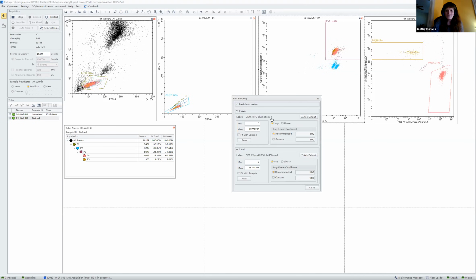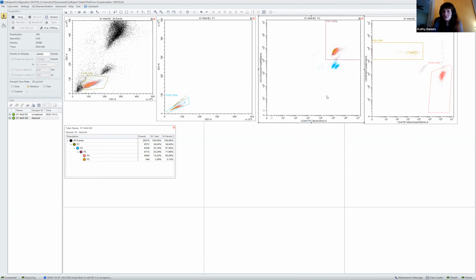Again, Chelsea or Anna, if you're there, the linear log display is just getting a little bit dicey for me. So if you want to play around with those for the CD3, CD45, and CD4, CD8, feel free. But sometimes that helps me visualize the data a little bit better on the CytoFLEX. And it's just that linear log display around 0, right? So now we've officially gone through and we've,